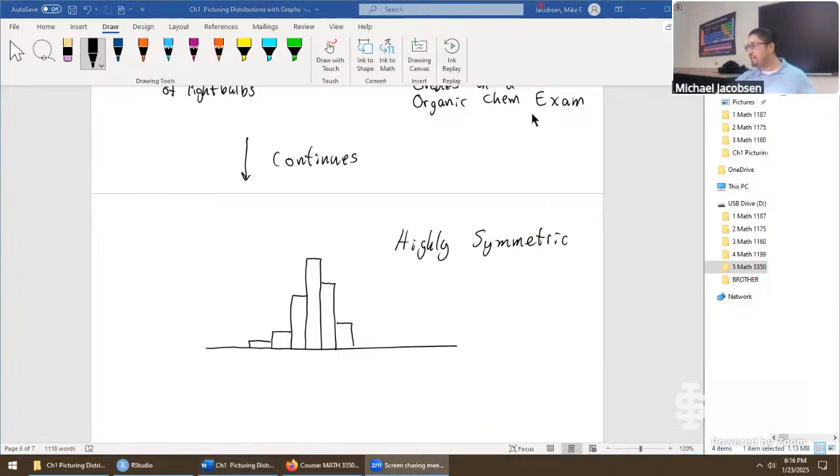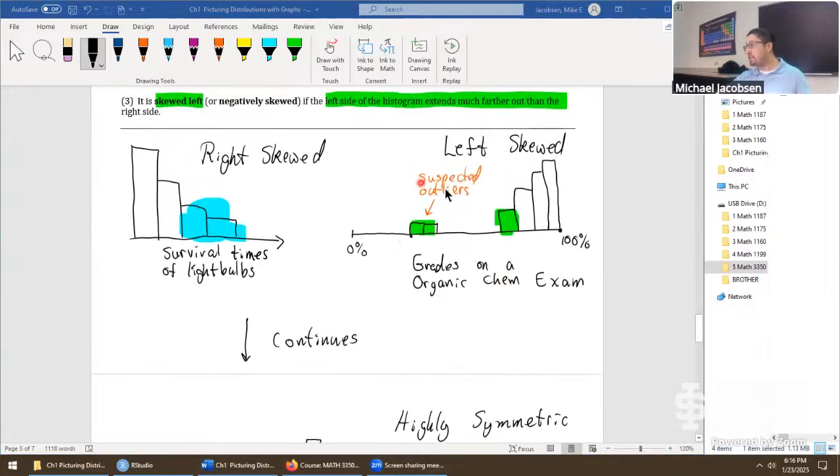Oh, sorry, I missed a few chats. Sorry, yes, absolutely, Hazel. Even if it has suspected outliers, we can describe it as left skewed. And you know what? A growing population could make sense for that. Again, sorry, folks, for missing the chat on that. I'm going to try a little bit harder to watch for the chat notification.